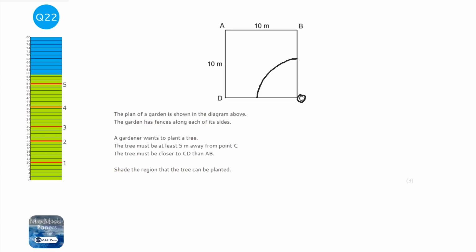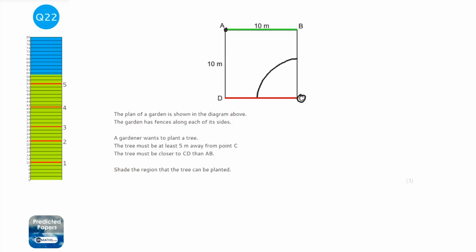Now it says the tree must be closer to CD, which is this bit here. So it's got to be closer to this than AB, so than this. So what we need to do is ensure that it's closer to the red line than the green line. Now to do this, you need to do a perpendicular bisector of AD or BC. Either one would work. So you get your compass and put it at point A,